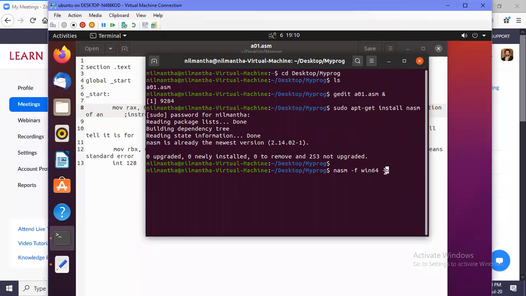Symbol -o stands for the object file. We'll see what an object file is in a moment. After that, you have to specify the name of the object file. The extension of the object file is .o. I'll say my name of the object file is obj.o.